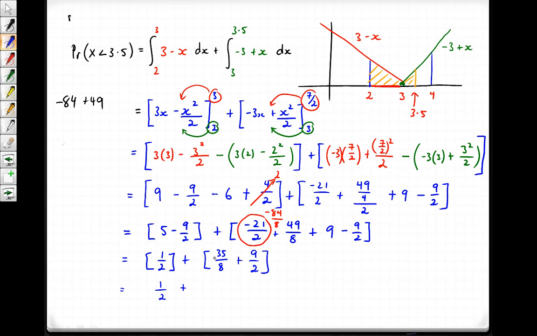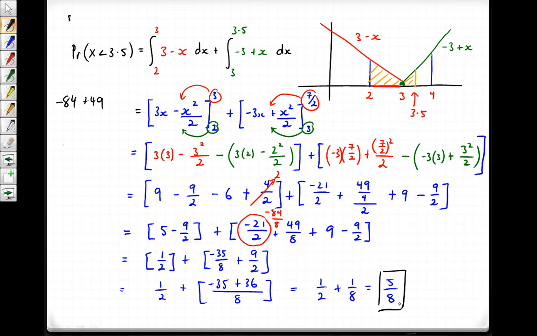Okay, so there's the issue. This is actually minus 35 on 8 plus 9 on 2. Sorry about that. All we need to do is get this as an on 8 fraction. So we're going to have minus 35 plus, well, 9 times 4. It's going to be 36 on 8, which should be equal to a half plus 1 on 8. And we can recognize that as being 5 on 8, which is the same answer we got through the easier